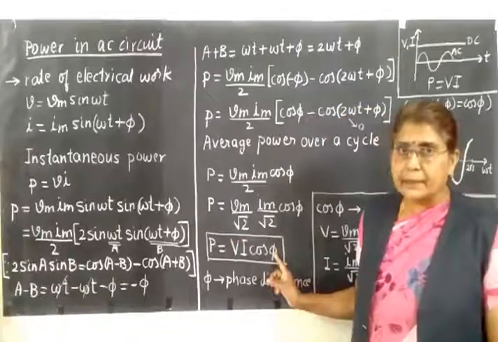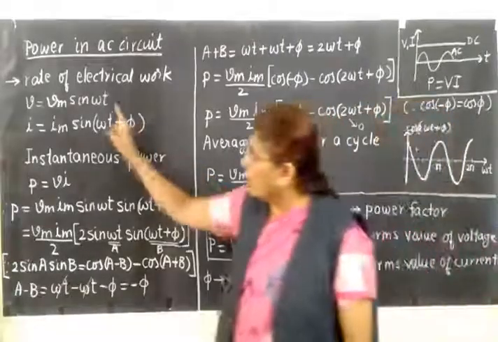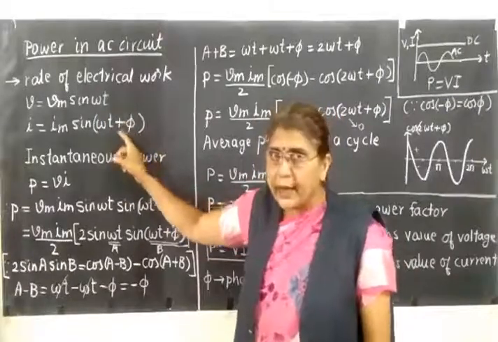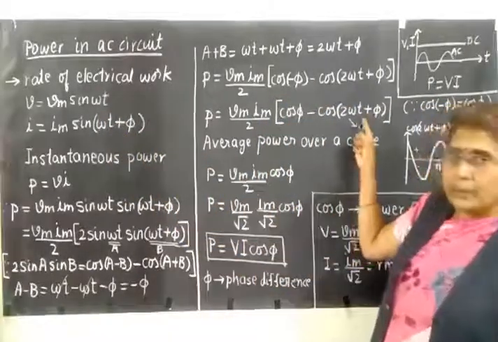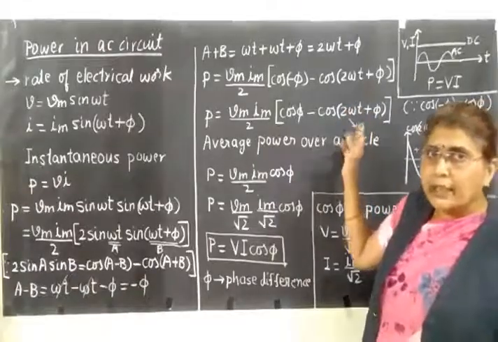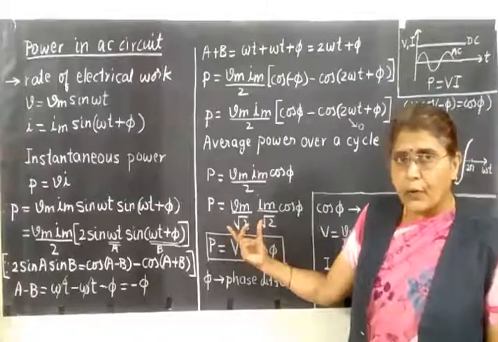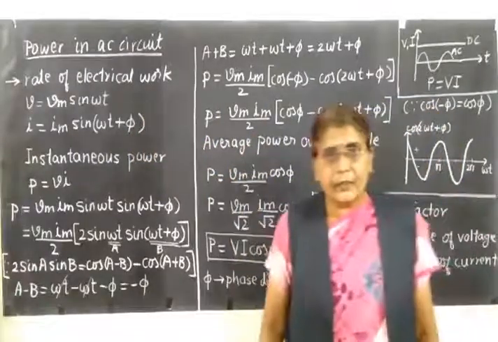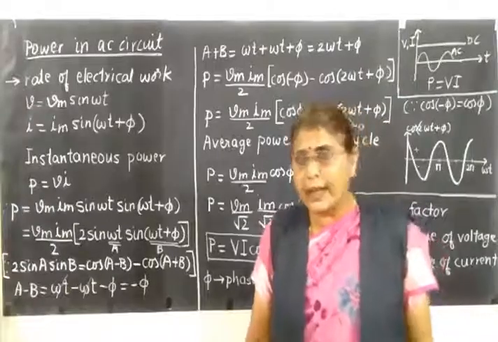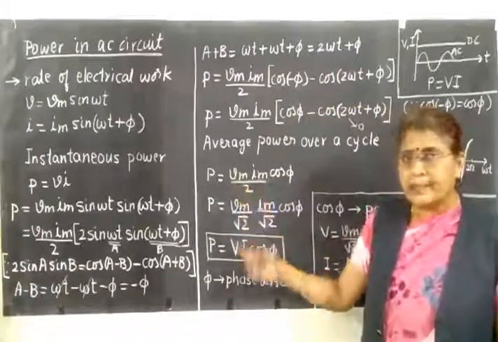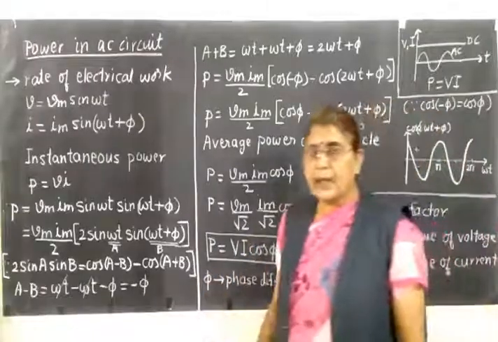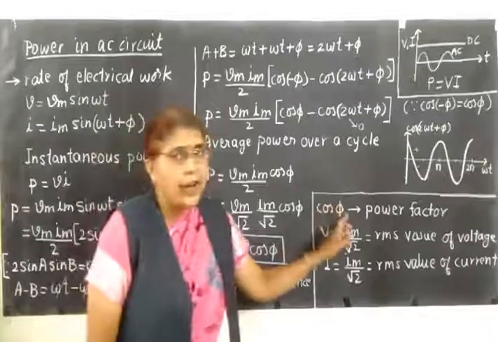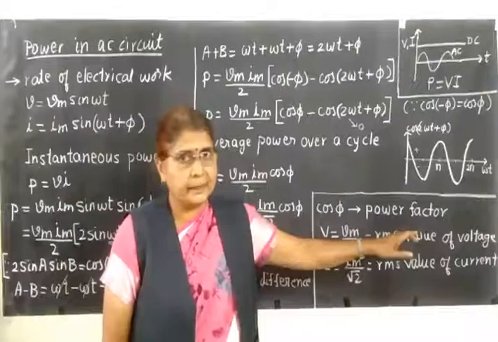Now what is phi then? Phi is nothing but the phase difference between voltage and current. Even if you take minus phi here, the value remains the same. Only this term becomes minus phi, and anyhow, this term is 0. Therefore, you will get the same value of average power whether you take plus phi or minus phi. In the LCR circuit, we have seen the phase difference can be plus phi or minus phi, so the value of the average power remains the same, that is VI cos phi. So phi is the phase difference between voltage and current, and cos phi is called the power factor.